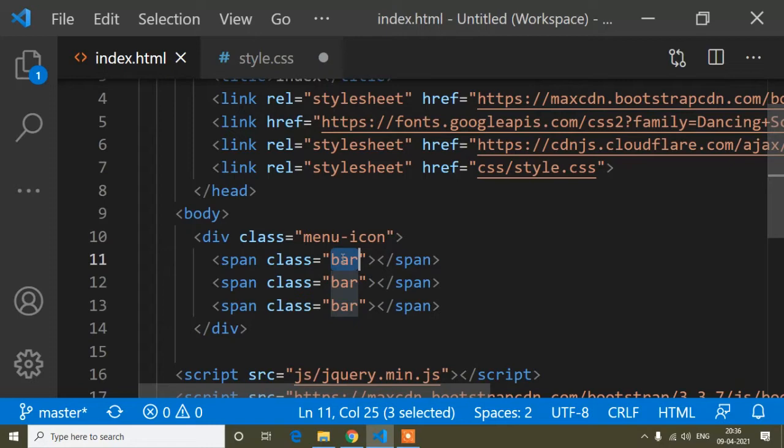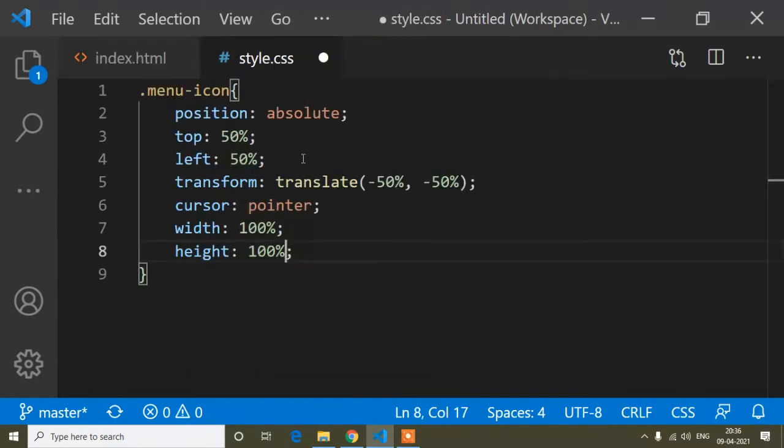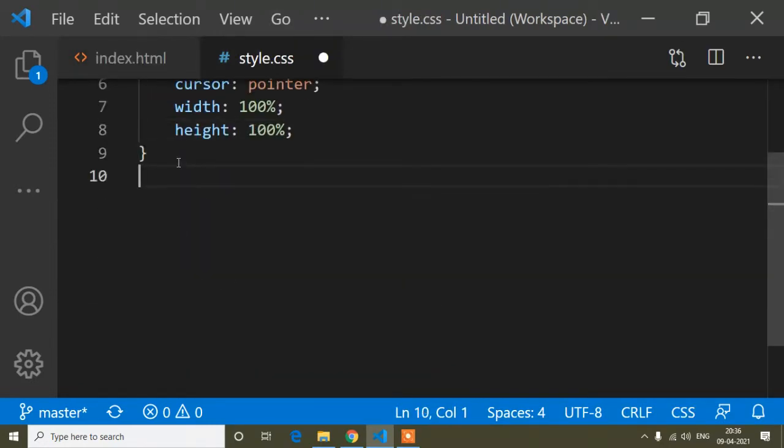Okay, and now this bar. Now I will create our line, I mean this icon. You have watched this icon, there are 3 lines. I will create these lines using this class.